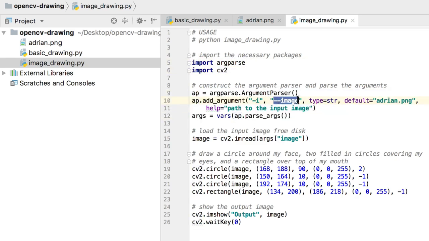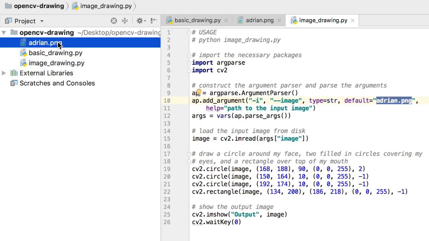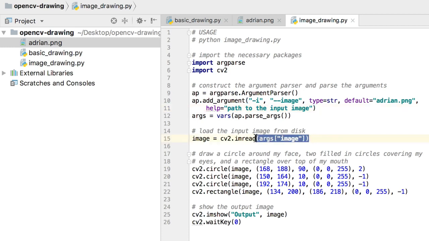We only need a single switch, which is image, the path to our input image on disk. I set this as a default value to adrian.png, which is included in our project directory structure. And then once our command line arguments are parsed, we load the image from disk using cv2.imread, and then we